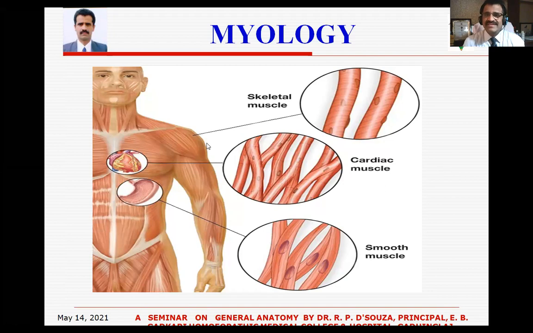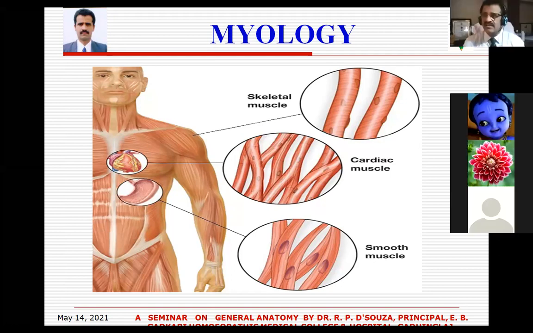And the next muscle is cardiac muscle, shown here. Only one muscle, and that muscle is of the heart, muscle of heart, you can say. Okay, muscle of heart is a cardiac muscle, and the next muscle